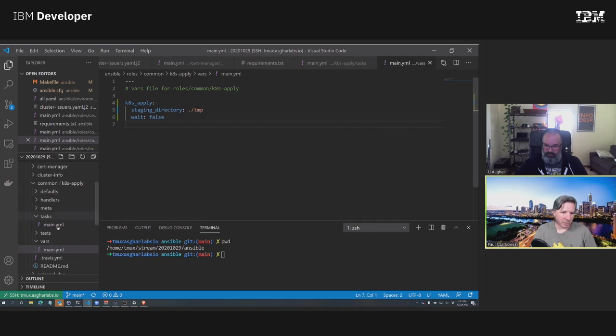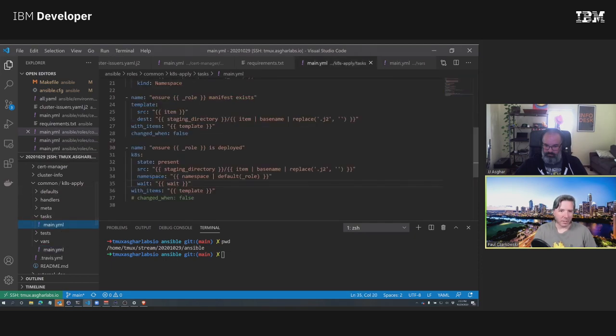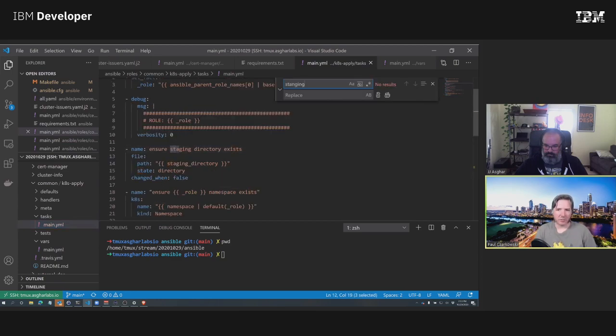All right. So now I just want to quickly change the directory to k8s apply staging. Change those.